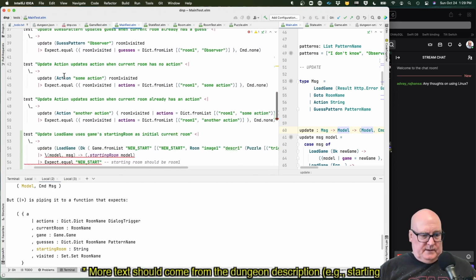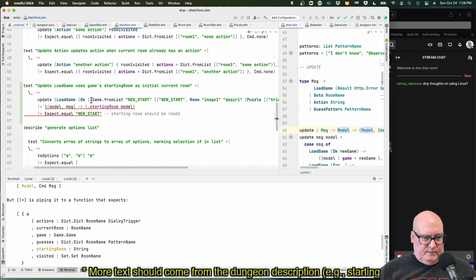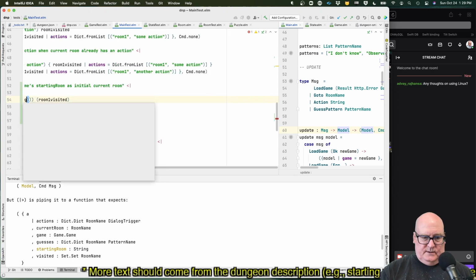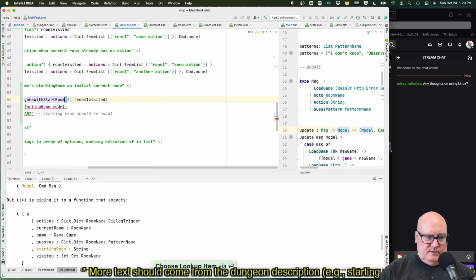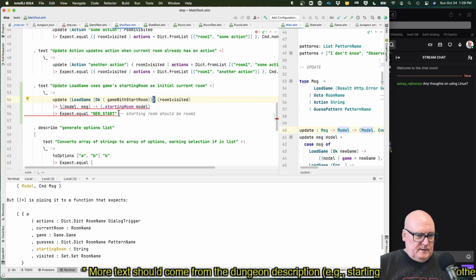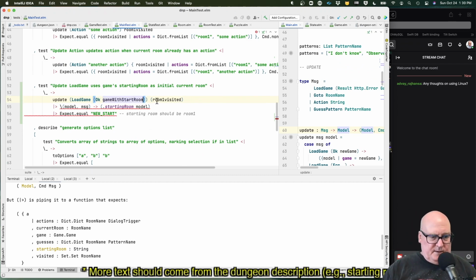And then I'm going to use that down here to try and make this a little more readable. That goes to there is game with start room. Okay. So update load game. I don't think I need parentheses there now. Okay. Update load game.